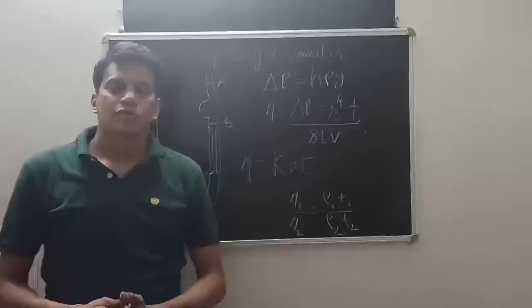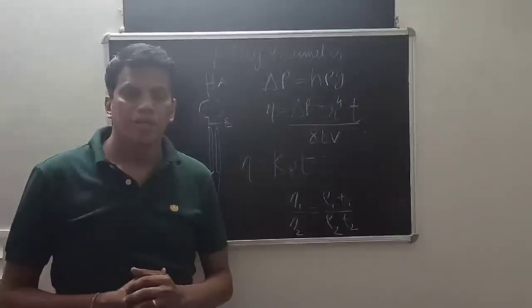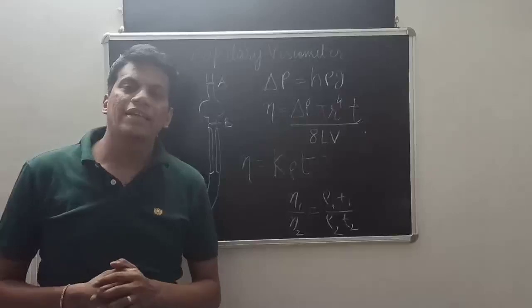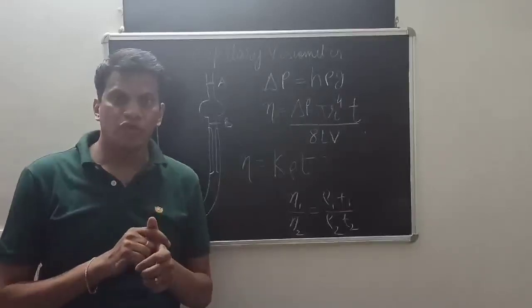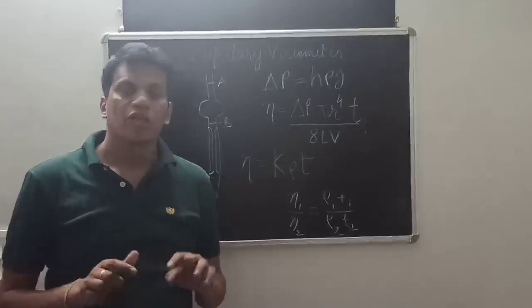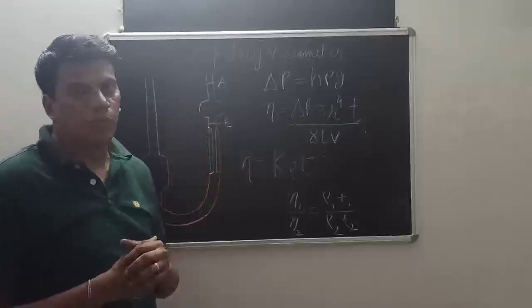Thank you. Hi students, now we will discuss capillary viscometers. As already told to you, capillary viscometers are categorized into three types: Ostwald viscometer, Ball-Hodde viscometer and extrusion viscometers. So we will discuss the first type, that is Ostwald viscometers.